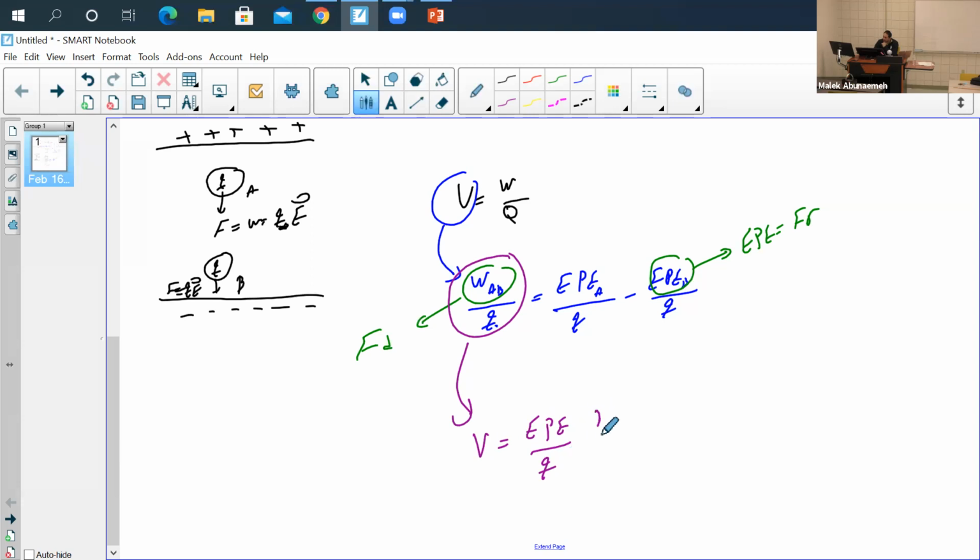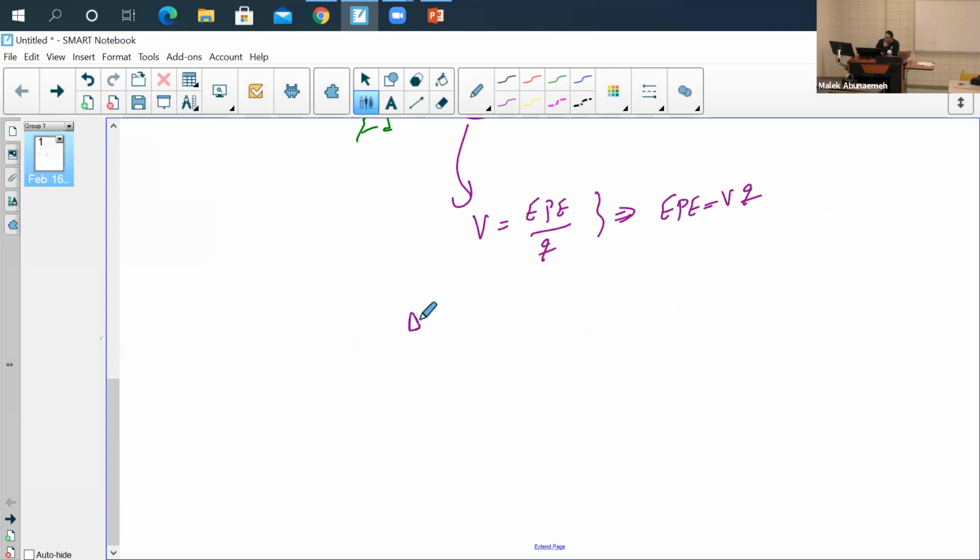Which means that your electric potential energy is going to equal your voltage multiplied by that charge. So the potential difference is going to equal your voltage from B minus your voltage from A, which means electric potential energy for B over the charge minus electric potential energy for A over that charge, which is going to equal minus W, your work from A to B,